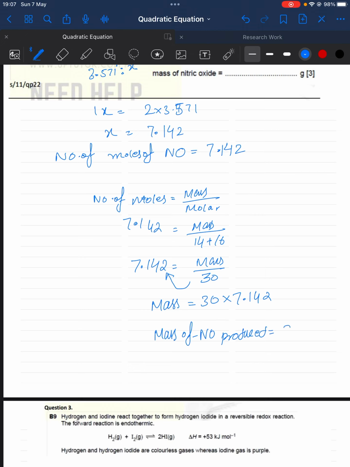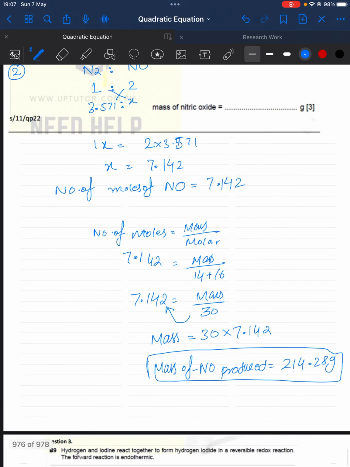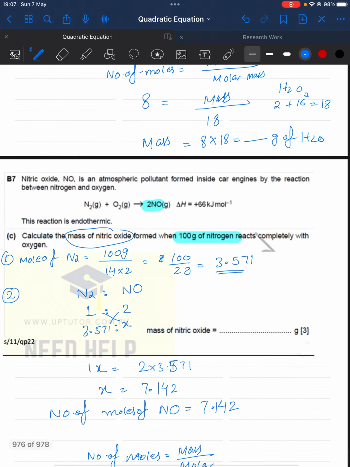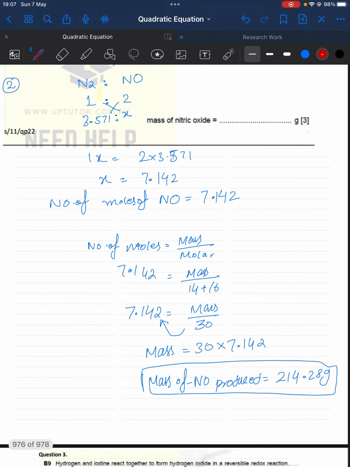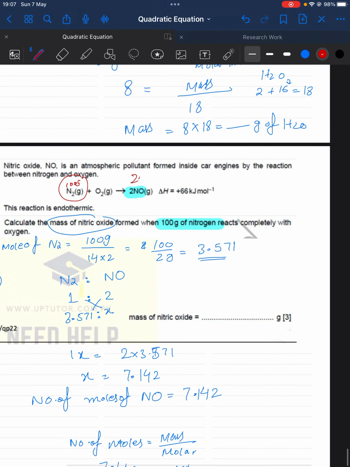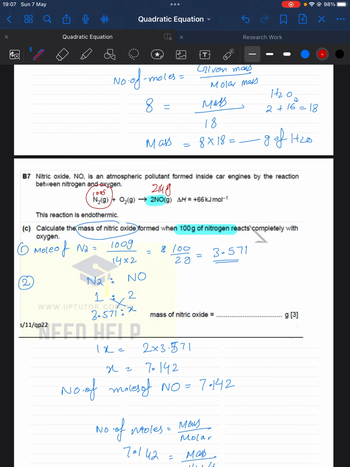So we will get the mass of nitric oxide produced equal to 214.28 grams. This is the amount of mass which will be produced when we burn 100 gram of nitrogen. It means that if we have 100 gram of this compound, then 214 gram of this compound will be produced. So this is how we solve the question if the mass of the reactant is given and we have to find out the mass of the product. In the next